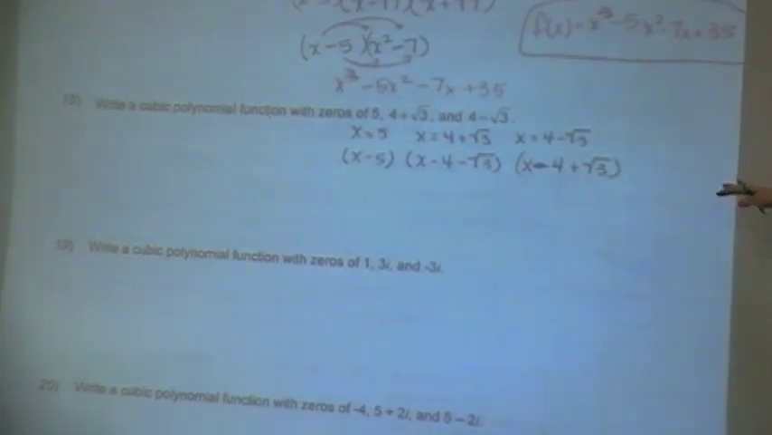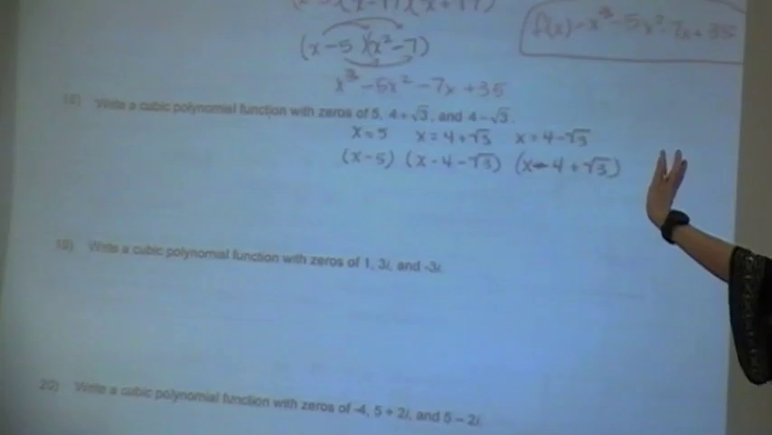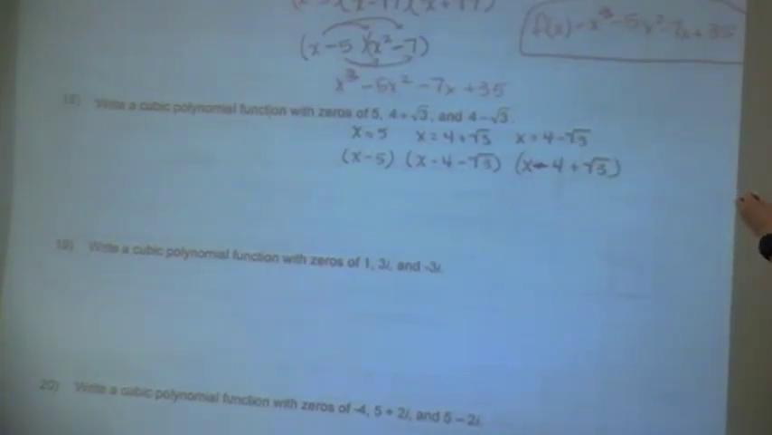So you're going to end up with a pretty long thing that will simplify down a little bit before you multiply in the x minus 5. Now I'm going to keep going to the next one, so y'all can go back and do that one. I want you to look at number 19. I have zeros of 1,